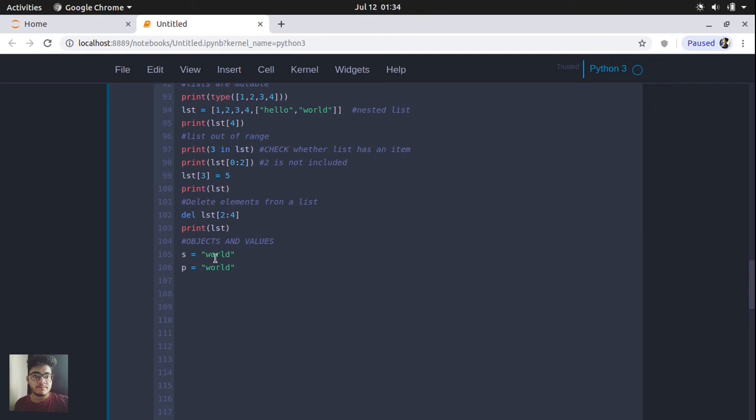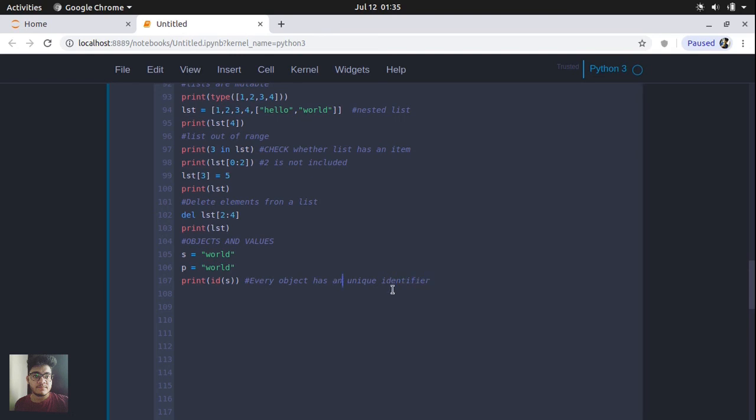Whenever you create a string like this, it actually creates an object, and every object has a unique identifier. If you want to know the identifier of an object, you can use the inbuilt function id and provide it with an object. So I'm going to write here: every object has a unique identifier,